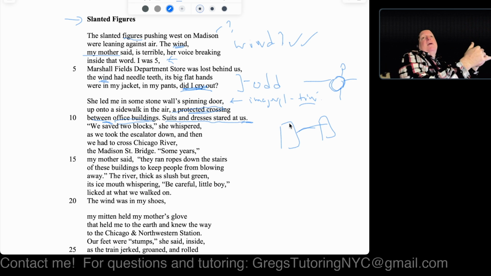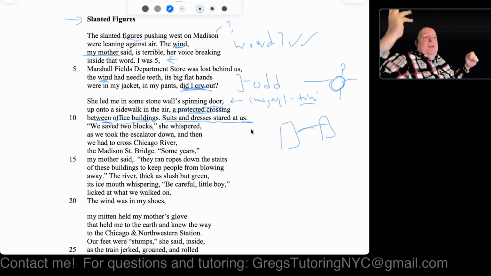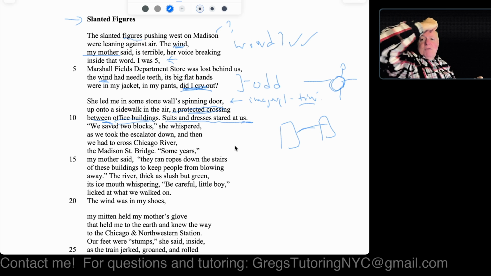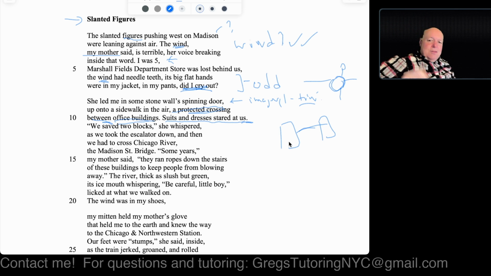Now, there might be a common area where they're just walking through the hallway. I doubt they literally walk through offices, but they're in an office building, which mainly has office workers, right? So they became an oddity, if you will. And if the kid was cute, everybody would say, look at the cute kid walking through the hallway. So they weren't being looked down upon, although the word stare has an intensity to it. It just means it was kind of a novelty that day. There was this mom and her kid walking through. They probably had shopping bags, and everybody thought it was a sweet thing. So that's really what's going on there. And they're just walking through.